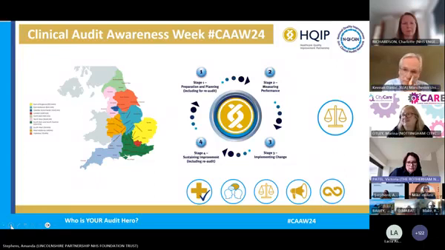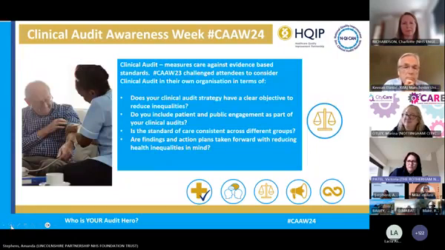So if we move to the next slide, you'll be able to see what we challenged you with last year when we touched on health inequalities, and it was very much looking at how your strategy and your policies aligned with your organisation's agenda and priorities to actually reduce health inequalities. How you're actually engaging the patients and public so that you're aware from their perspective where we need to make improvements in terms of maybe equity and access for all. And we also asked you to look at different groups and if there was variation in standards of care between them. And finally, your outcomes and improvement plans from your clinical audits, if we were taking those forward with that focus on reducing health inequalities.